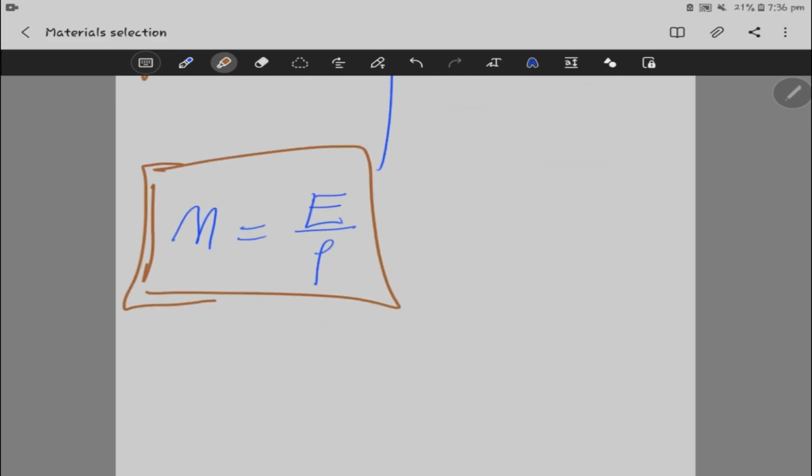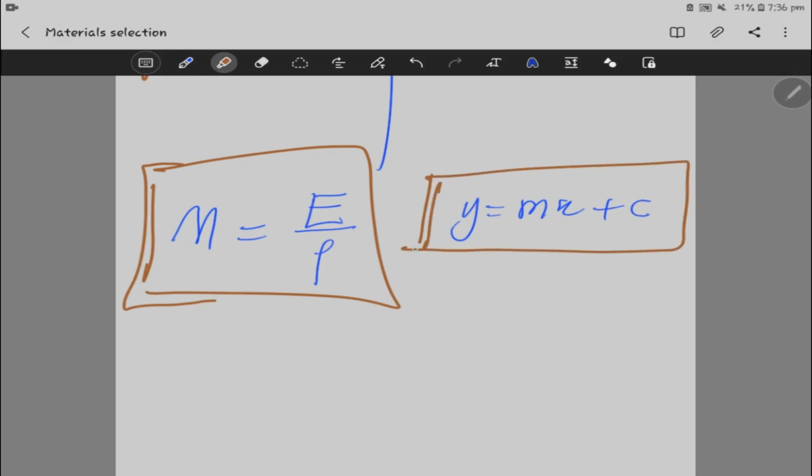So what we have to do is turn this whole equation into something that looks like y is equal to mx plus c, and we are familiar with this as the equation of a straight line, right? And we know the only thing we are interested in is that we change this, and then we see the value that we get for y, right? So in this case, the two things that we are interested in are the stiffness here,